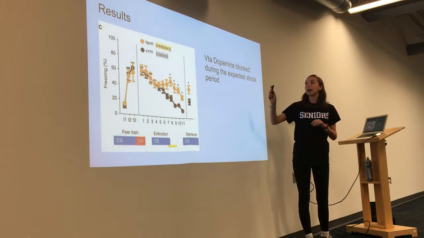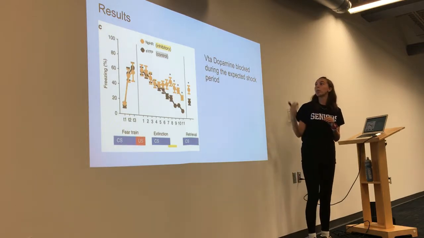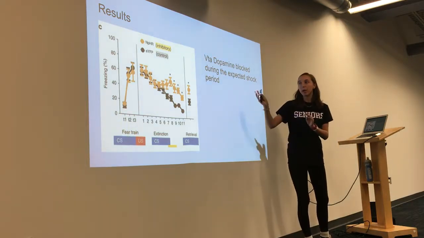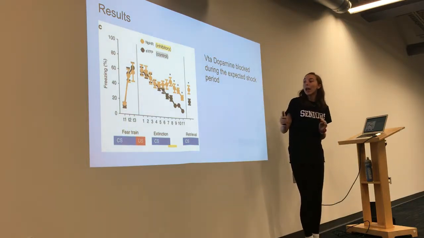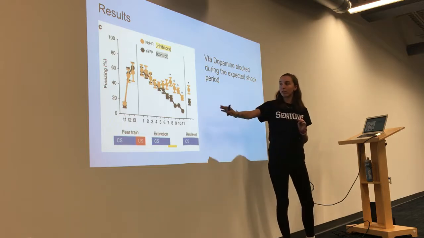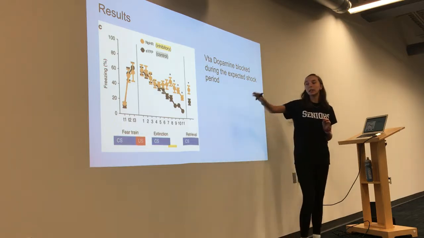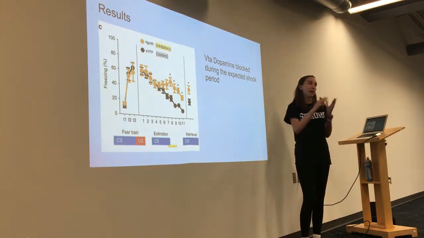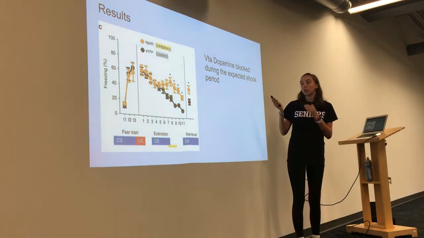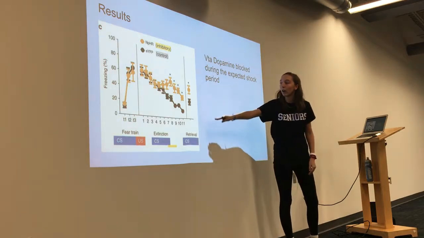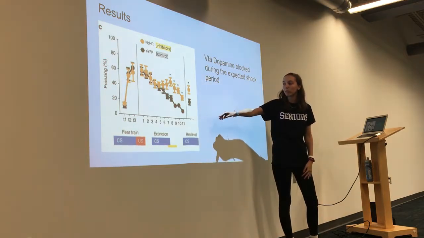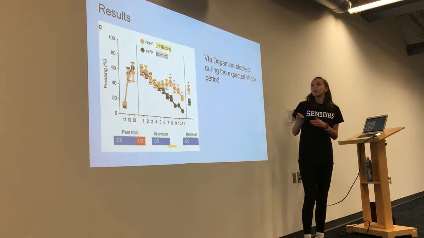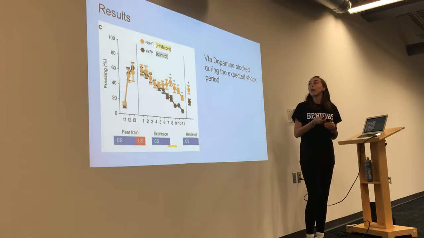this next group is comparing the group of mice that had dopamine blocked during the expected shock period, so the time after the beeps, and comparing those mice to the control mice. And you can see around day 5 or 6 of extinction, there starts to become a significant difference between the group of mice that had dopamine blocked and the group of mice that didn't. Which indicate, and you can see that that change is really major in the retrieval phase, so that's that final measure. This indicated to the scientist that